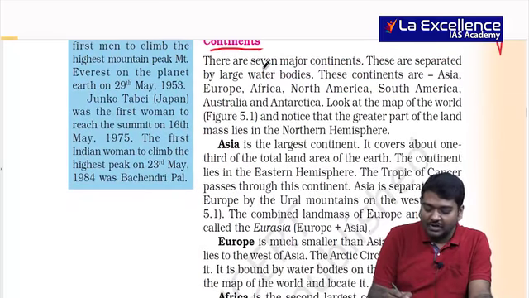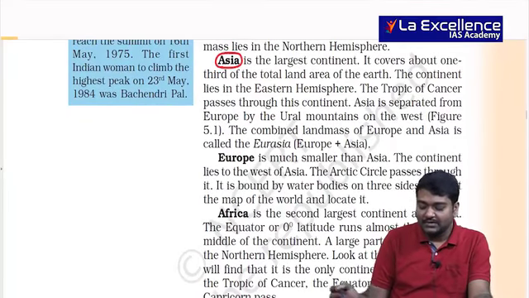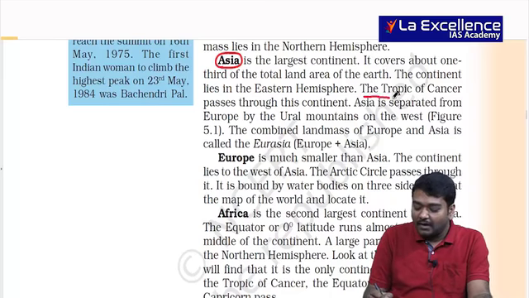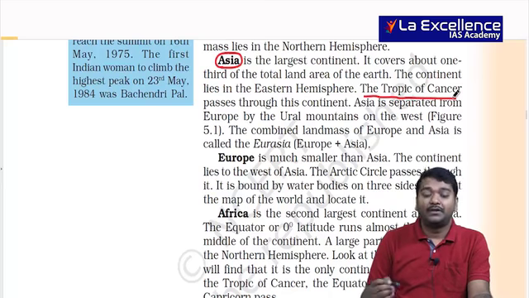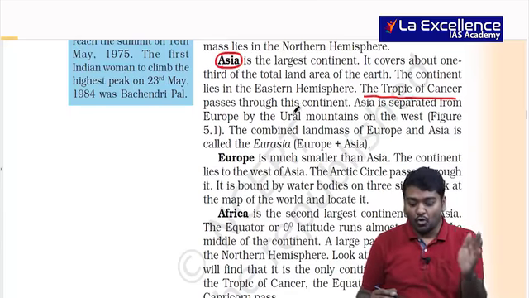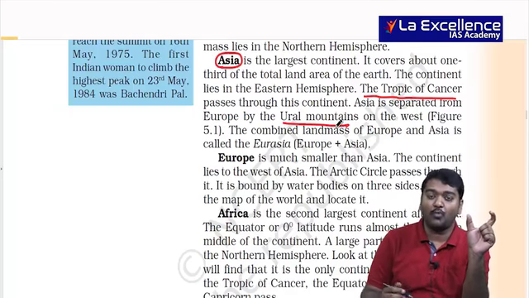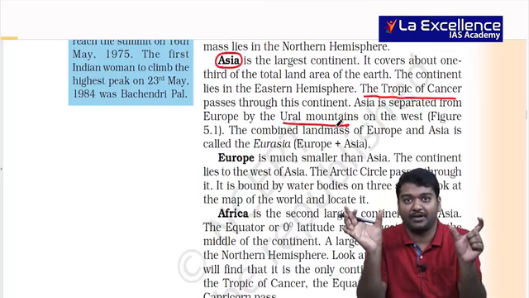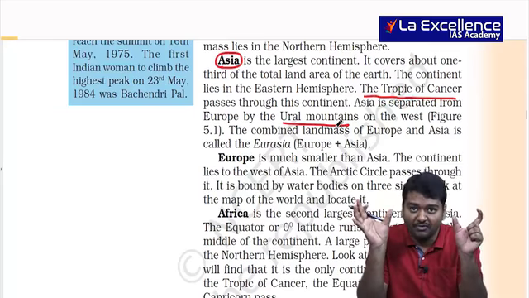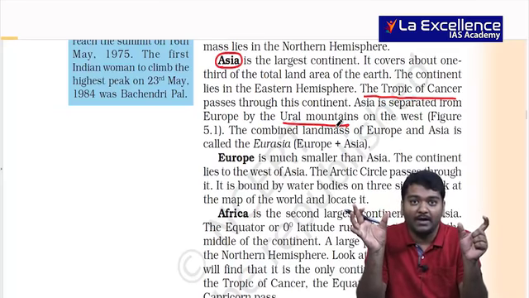When I talk about continents, you have 7 major continents. You're all aware of Asia, in which we are present. Usually Asia extends from the equator and from the Tropic of Cancer till 66.5 degrees, and it extends almost into the Arctic near Russia, right? And then it is separated from Europe by the Ural Mountains. Russia is present both in Europe and Asia, so you call it a Eurasian country. European Russia and Asian Russia are separated by the Ural Mountains.